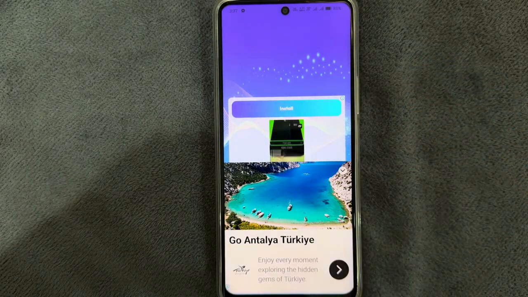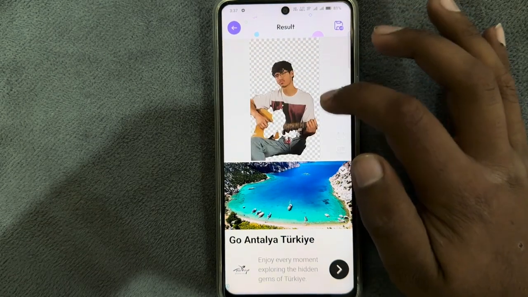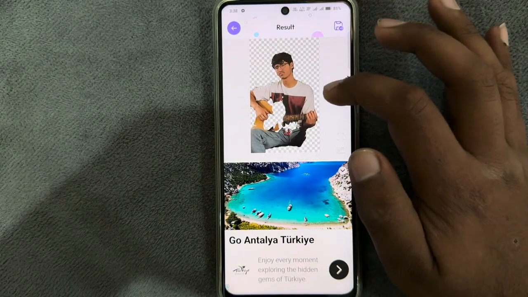and then you just have to skip the ad again, and here you can see the background of the picture